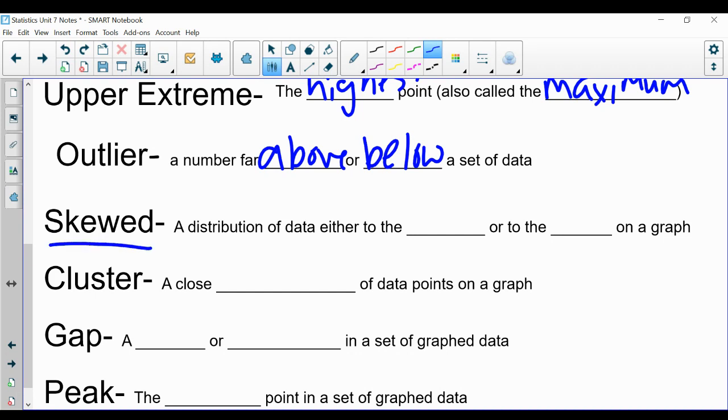Now, skewed, we talked about skewed a little bit with histograms, and this basically is just a distribution of data that is either to the left or to the right on a graph, meaning that the majority of the data is either almost all the way on the right or almost all the way on the left, leaving kind of like a little tail. So like an example would be your histograms, where the majority of your data is over here, and then you have a little tail going over there. Okay, so that's what's called skewed right. The majority